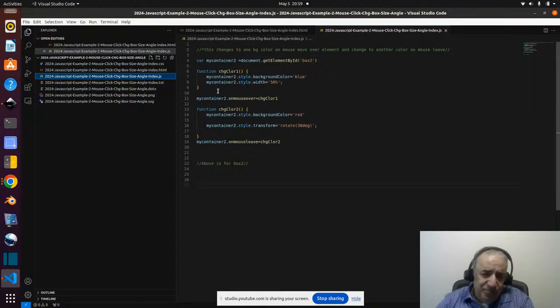Now, there's another function. Let me just see. Okay, and then what I'm going to do, this is my event, the event I'm going to try. It says myContainer2.onmouseover. This is the event I want to use. Okay, equal